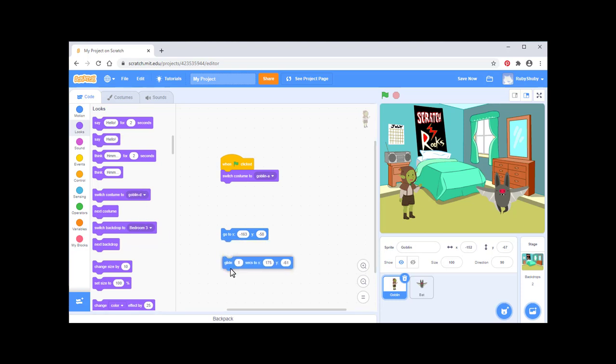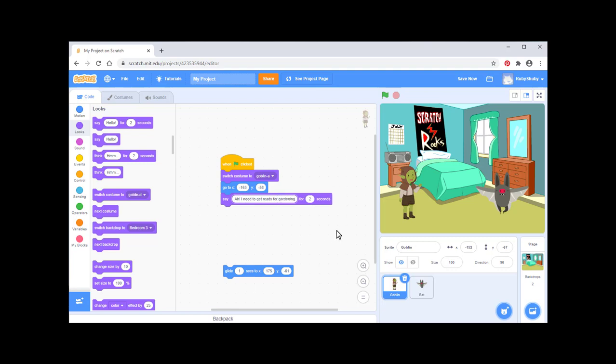perhaps we'd like him to first go to this position, and then we want him to say something like hello, or maybe I need to get ready for gardening. And we can say he says that for 3 seconds, and then before when he realizes that there's a bat,